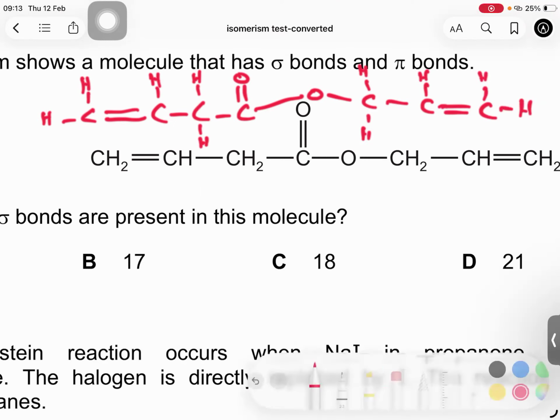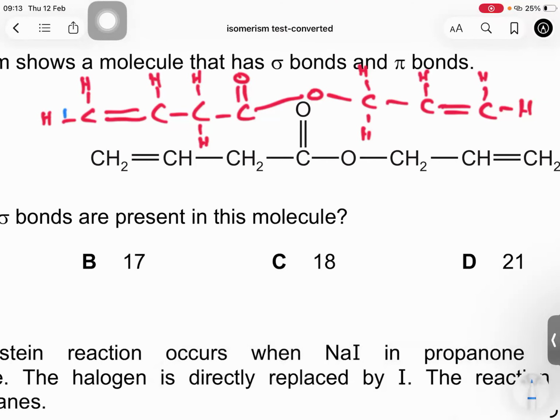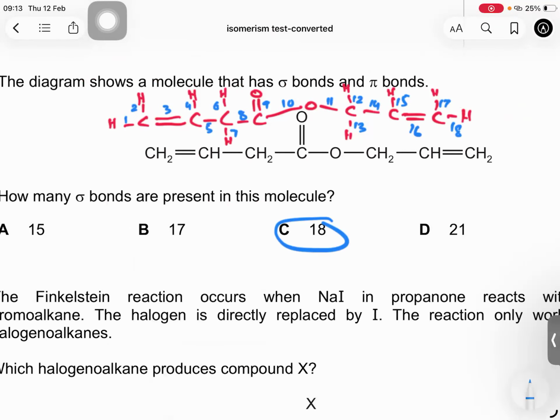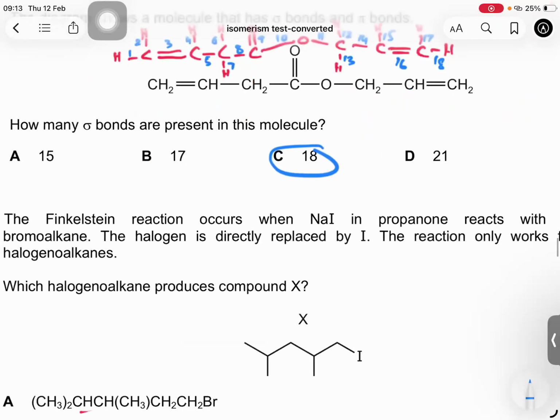Okay, now let's count the number of carbons. So 1, 2, 3, 4, 5, 6, 7, 8, 9, 10, 11, 12, 13, 14, 15, 16, 17, and 18. Okay, I'll do it. Well, relax. Okay, that was my mistake. So, yes, the number is 18. All right. Okay, the next is